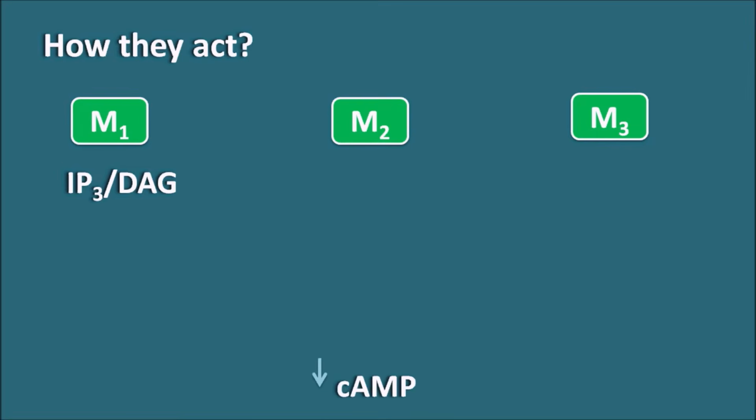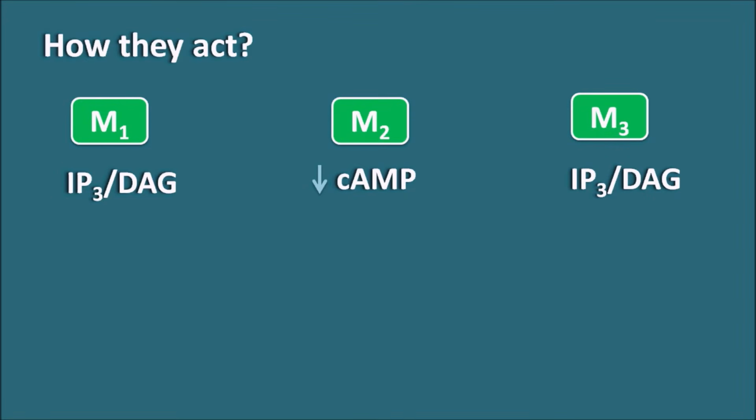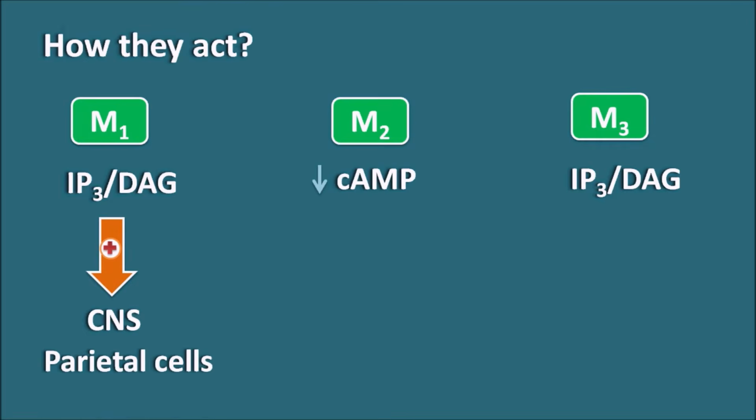And similarly, M2 receptors are coupled with a decrease in the cyclic AMP, and when the cyclic AMP levels are decreased, they produce inhibition. And M3 receptors, just like the M1 receptors, are again coupled with IP3 and diacylglycerol, and they produce excitation. M1 receptors are mainly located within the CNS as well as the gastric parietal cells. So they stimulate the CNS as well as the gastric parietal cells. By stimulation of gastric parietal cells, they can increase the gastric acid secretion. Similarly, by stimulating the CNS, they can increase the locomotor activity,